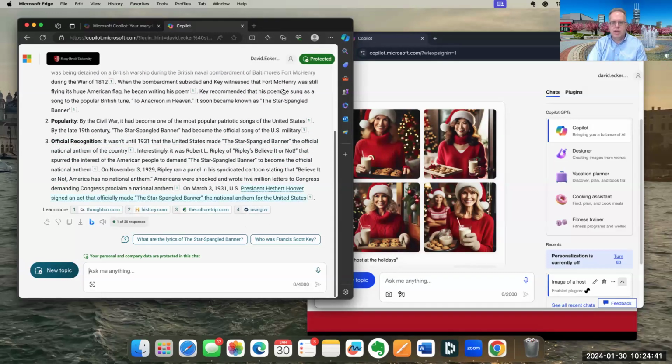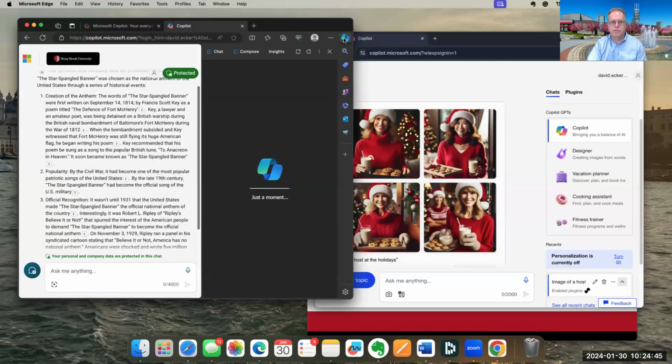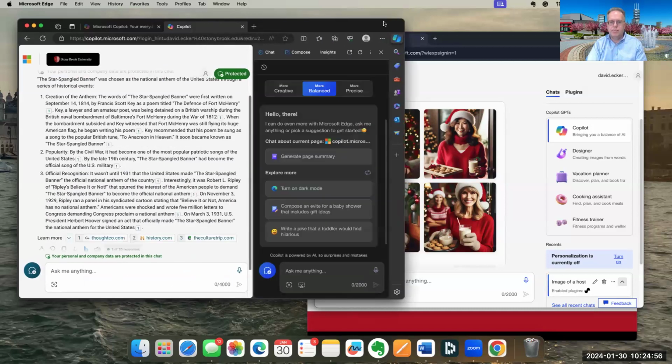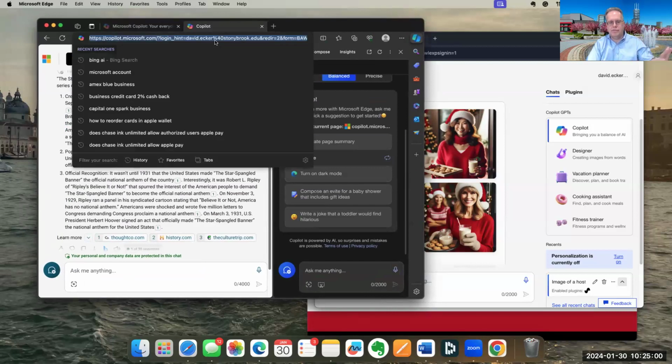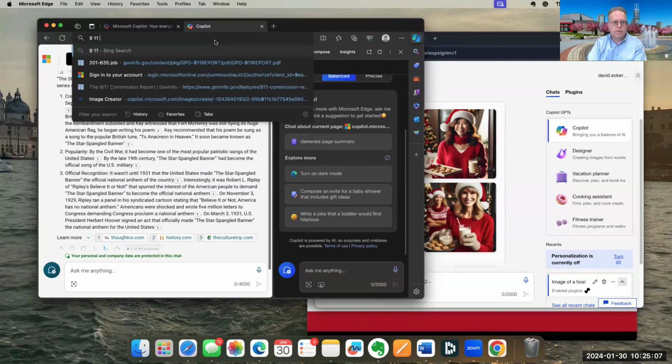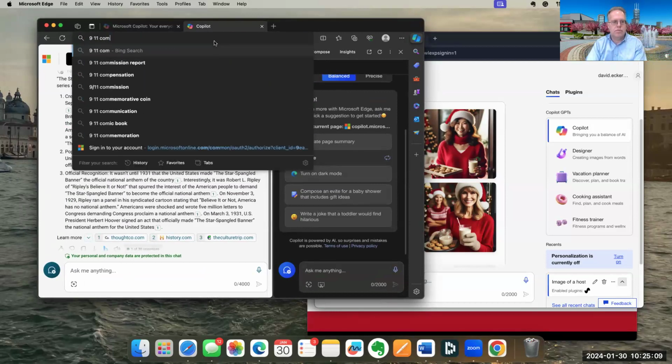One thing I really like about Copilot in Microsoft Edge is this button. When you click on it, it will load Copilot in its own window. And the benefit there is whatever you have in the window to your left, it can interact with. So if I bring up the 9/11 Commission report,